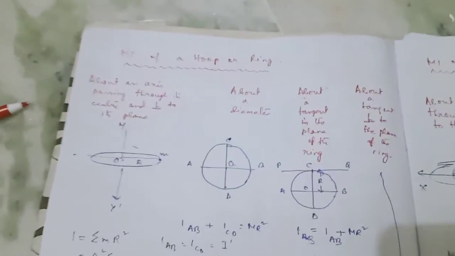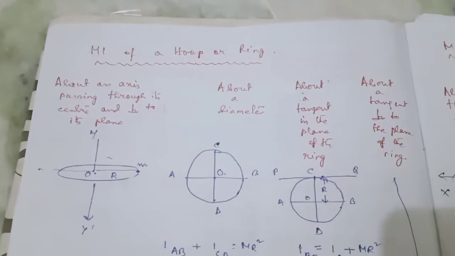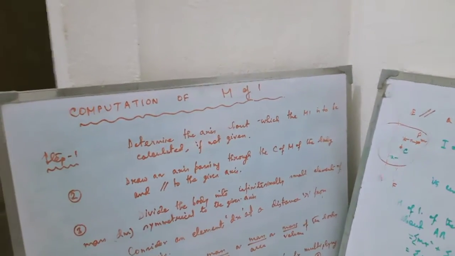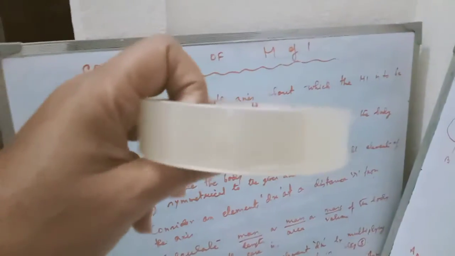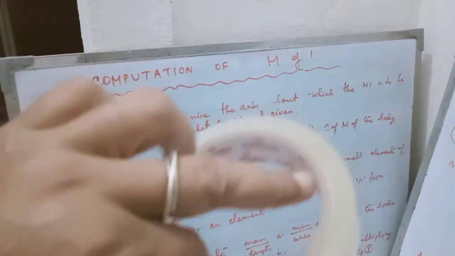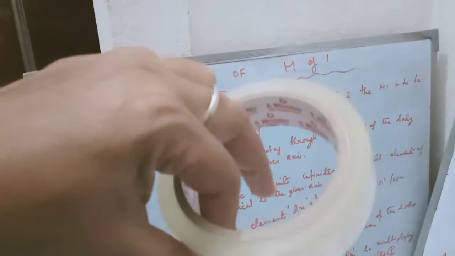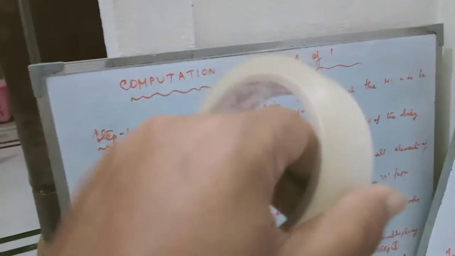Now if you are asked to calculate the moment of inertia of a loop or a ring. A ring may be rotated in several ways. If I consider this is a ring, then how will it move? The question lies there. If it is fixed in the central region, at just my finger point, it may move in this manner.